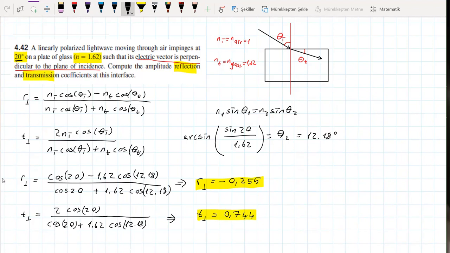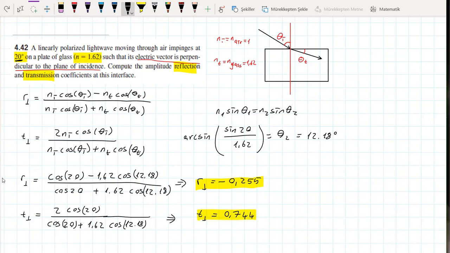The one thing that you need to be careful about is the orientation of the electric vector. If the electric vector is perpendicular to the plane of incidence, then you will use the perpendicular components. If it's parallel to the plane of incidence, then you will use the parallel component. But if it's perpendicular to the surface, then you need to use the other components. For perpendicular to surface, you will use the parallel to plane of incidence, because we know that